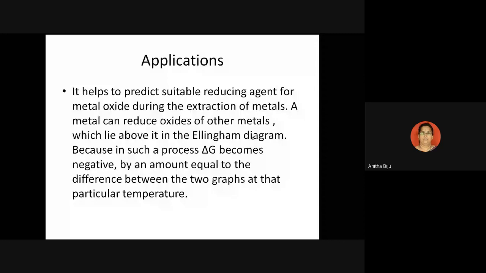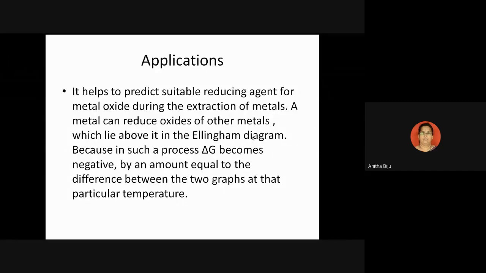So I will recall one example. Carbon can be used as a reducing agent in the form of coke. At the same time, one of the oxides of carbon, that is carbon monoxide, can also function as a reducing agent in some cases. So now the question is, how can we decide to what extent, in which context carbon functions as a reducing agent, and in which context carbon monoxide functions as a reducing agent? This can be rectified with the help of the Ellingham diagram.